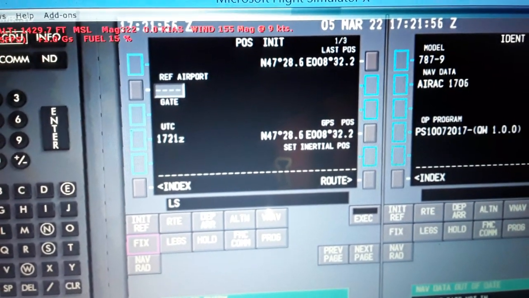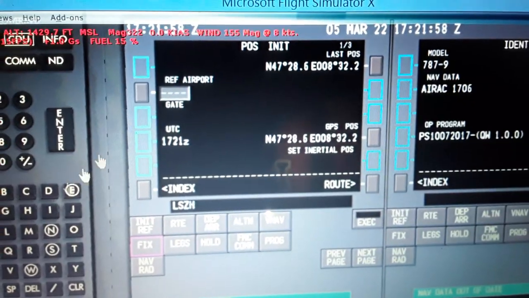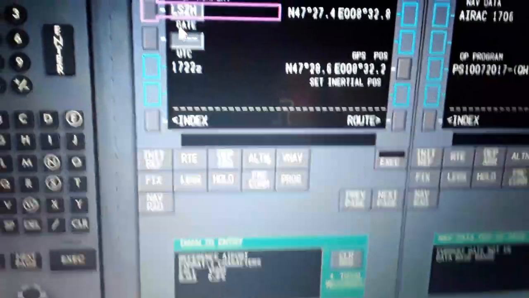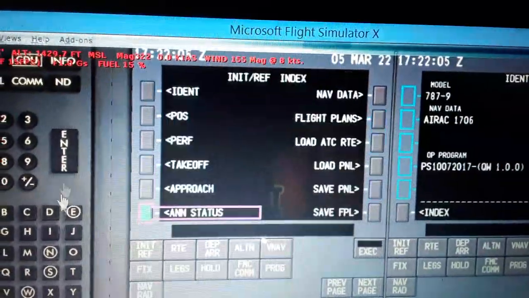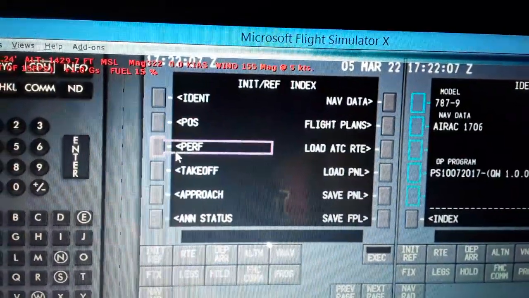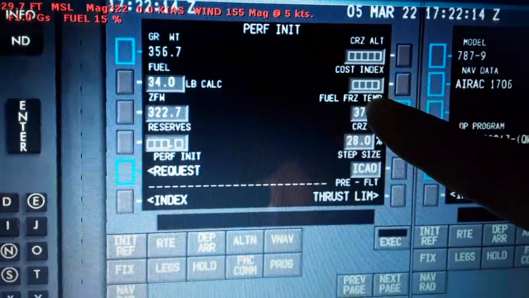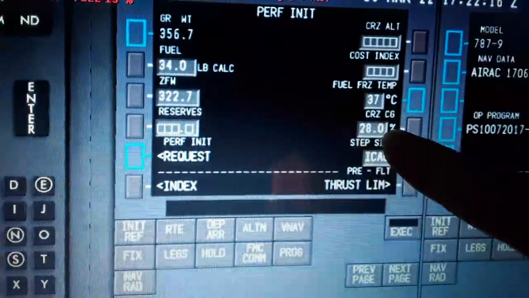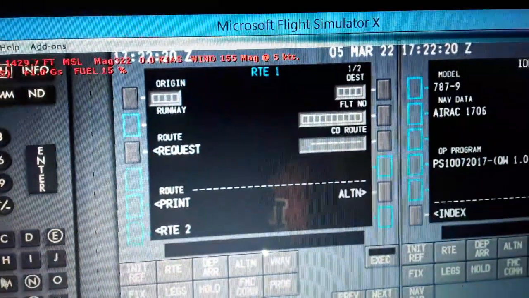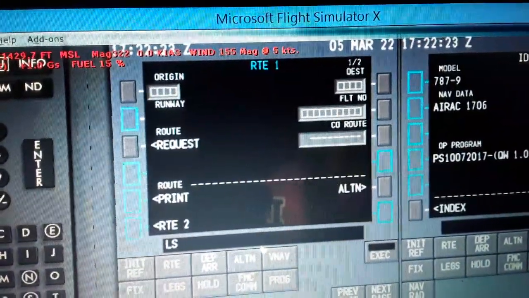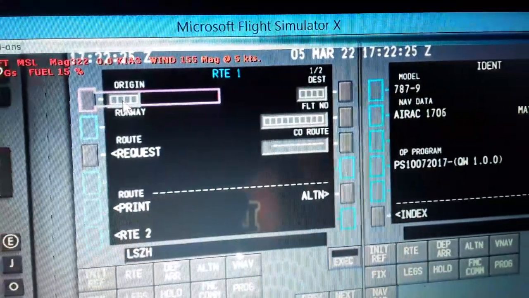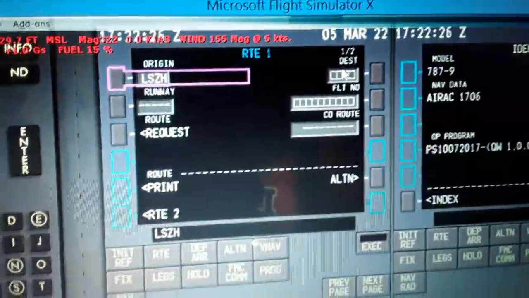clear over here. So it's going to give us the inertial coordinates for alignment, the longitude and the latitude of the aircraft. Performance, we can set zero fuel weight plus fuel on board. We're going to have the gross weight for takeoff, cruising altitude, cost index, fuel freezing temperature, cruising center of gravity, and the reserve fuel. For flight, we're going to set the route first, LSZH airport origin, and this is departure and destination,